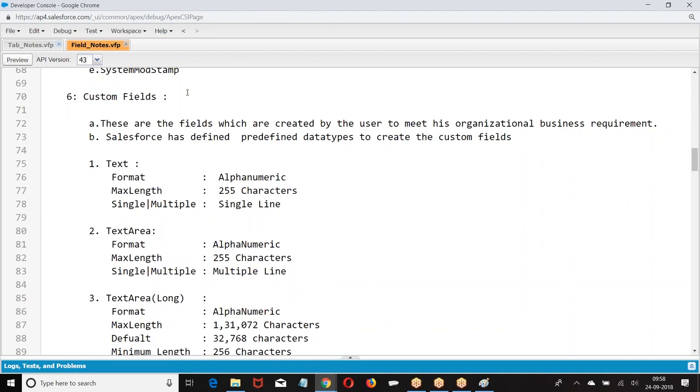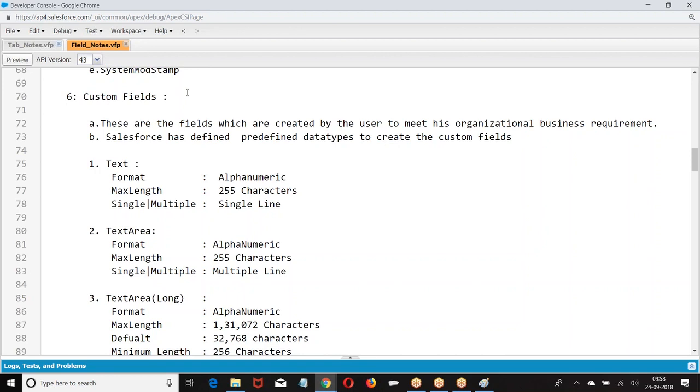Fields which are created by the user are called custom fields. When you want to create your own fields, they are called custom fields.